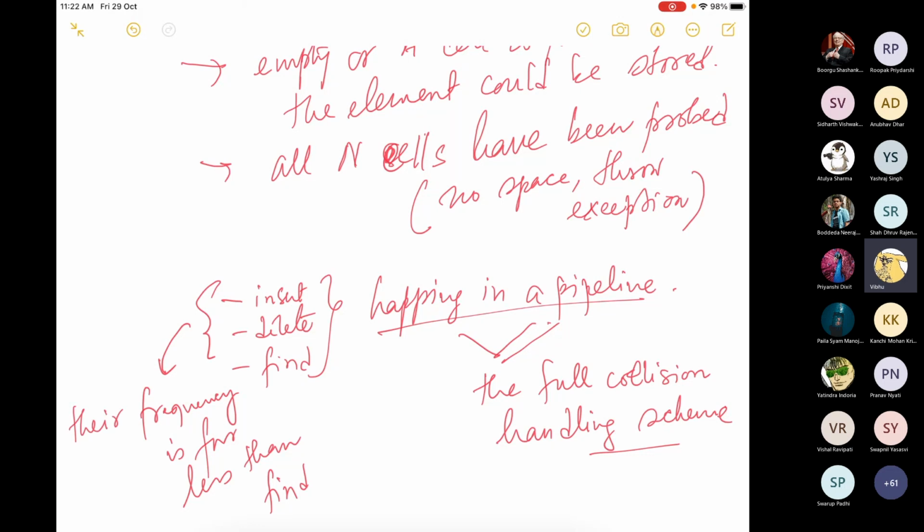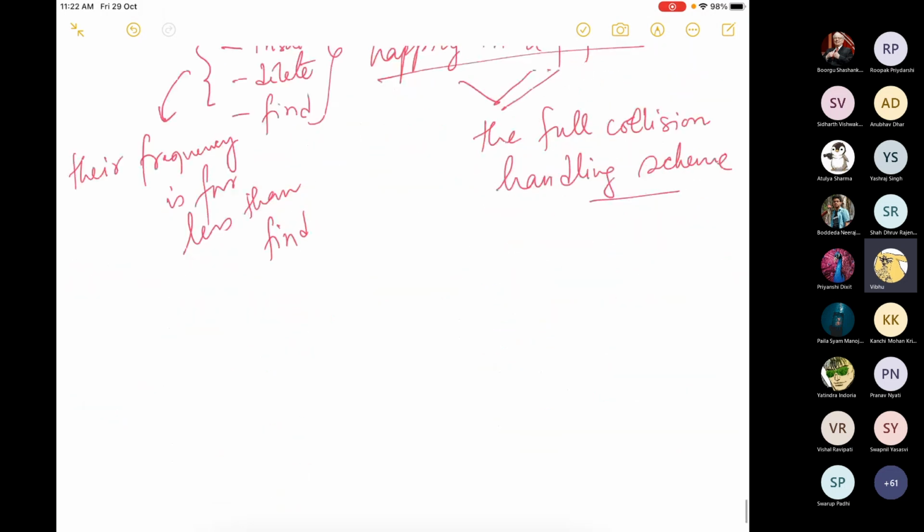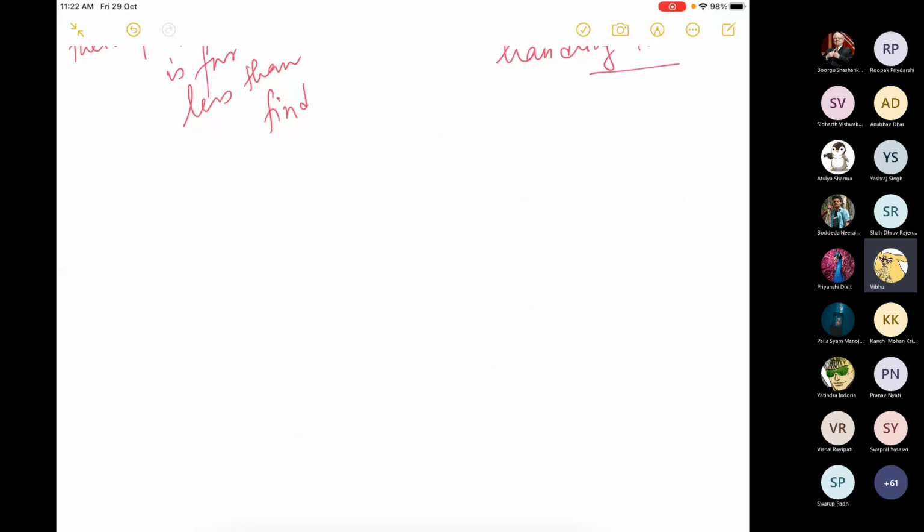Okay, so this is an assumption. So this is roughly an overall scheme that is followed in linear probing, which is a subsegment of open addressing. Now there could be other methods. What could those be? As I told you earlier,